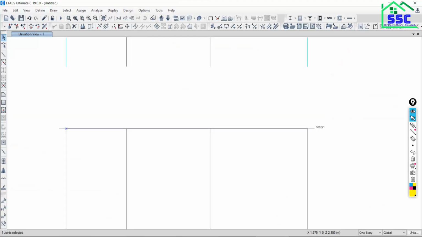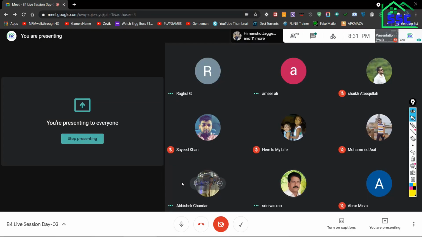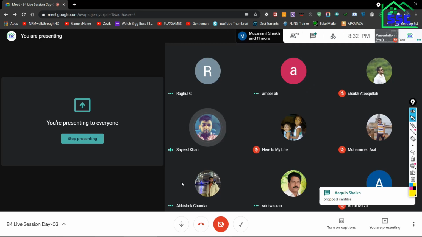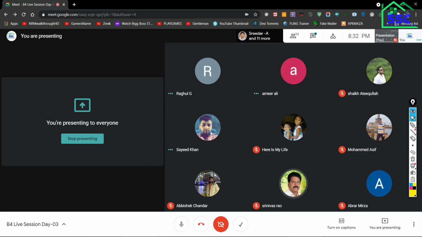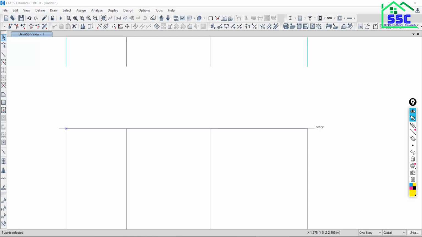My question to all of you: can anyone tell me what are the different types of beams? Very basic question. Simply supported, cantilever. Okay, anyone else? Is there any other type of beam? Double overhang beam. Propped cantilever. Overhang beam. Very good, propped cantilever, that I am expecting. We will discuss later about the propped cantilever beam.